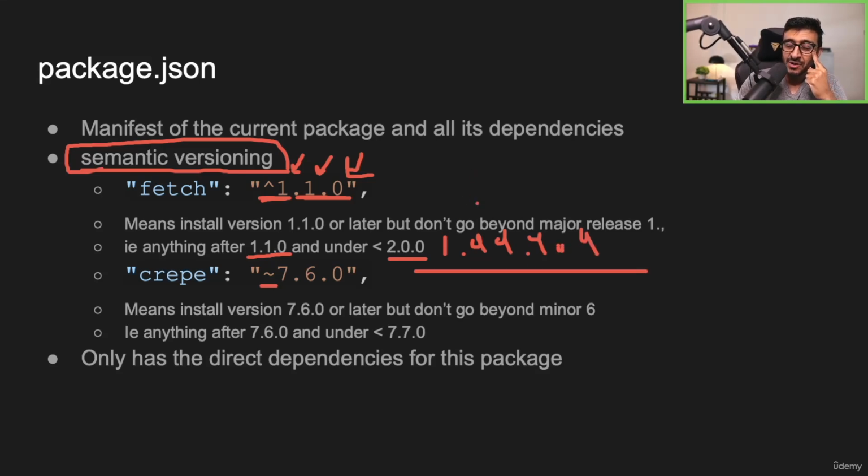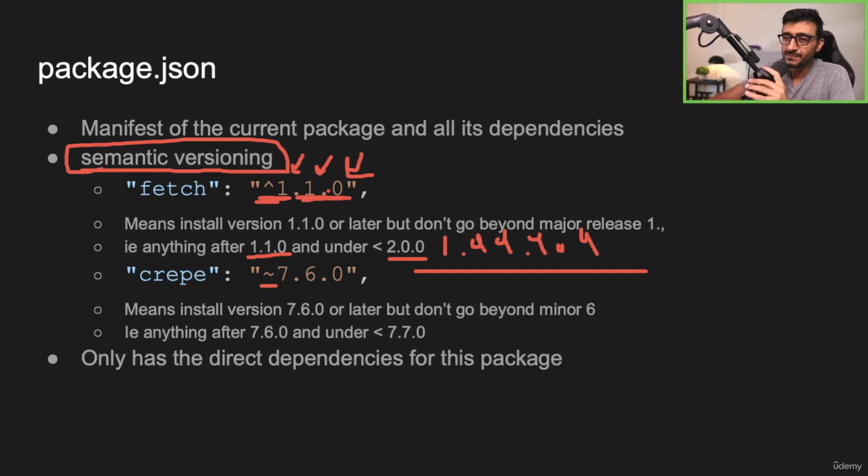That's what semantic versioning is. You can define the package to have a dependency, and you can lock into a version like 1.1.0, or you can say I want to get the patches, the fixes. So I want the major to stay the same just to avoid breaking changes, but hey, you can improve the minor version and the patch.